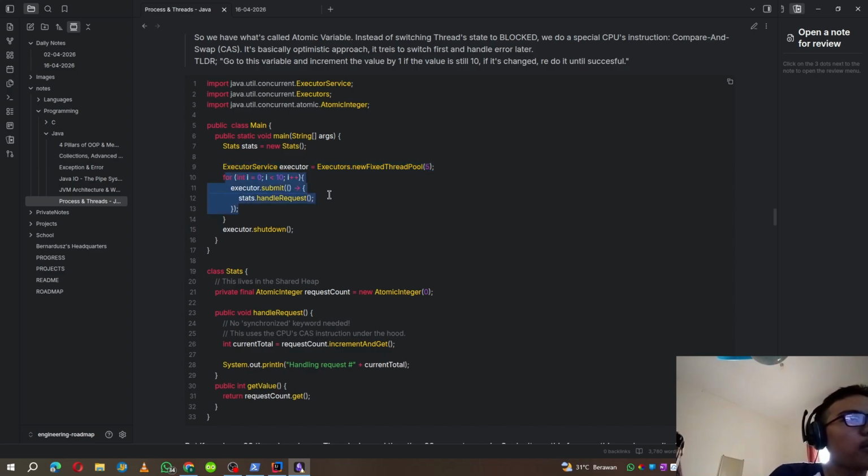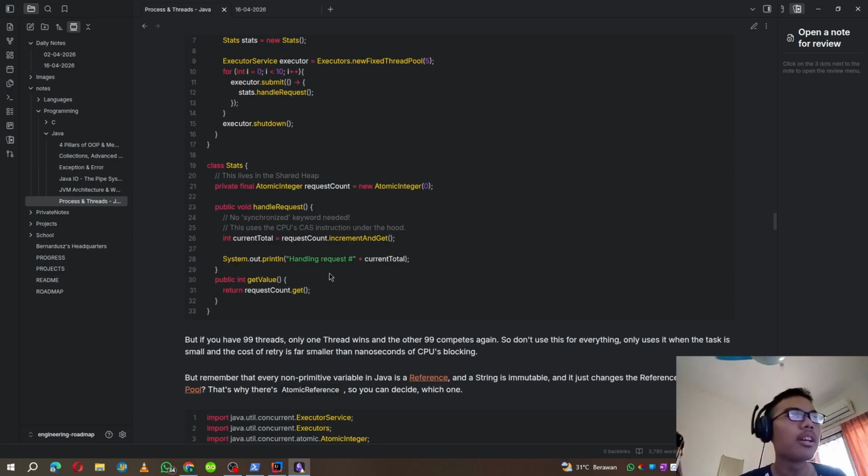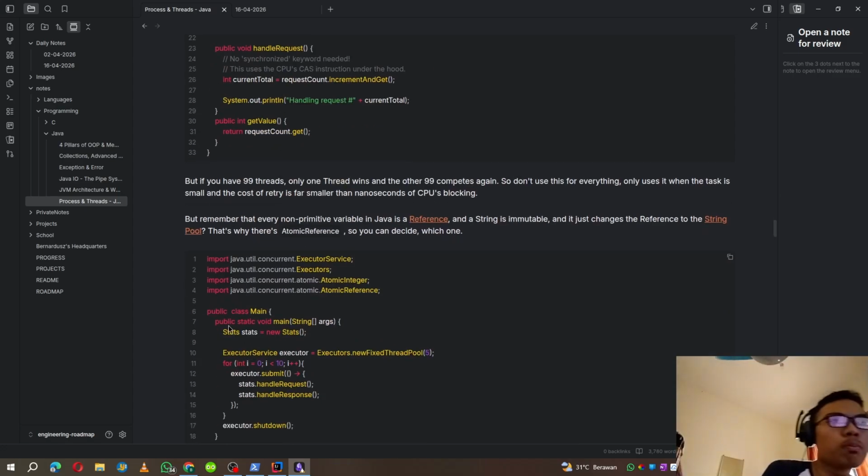So let's say we have a fixed thread pool. We do this 10 times, and then the 5 threads will repeatedly fight each other for incrementing the atomic integer. It is still far cheaper than switching the CPU state to block thread switching, but remember, if you have 99 threads, only 1 thread wins and the other 98 compete again. So don't use this for everything, only use it when the task is small and the cost of retry is